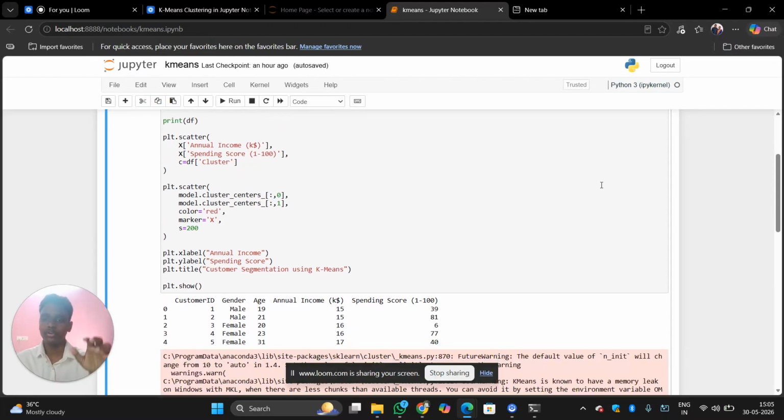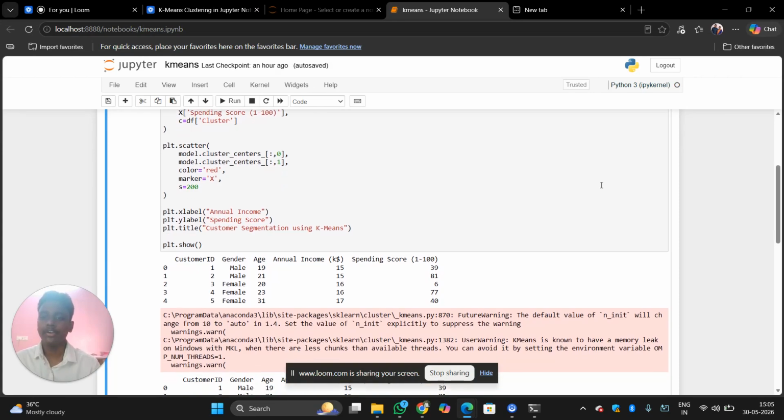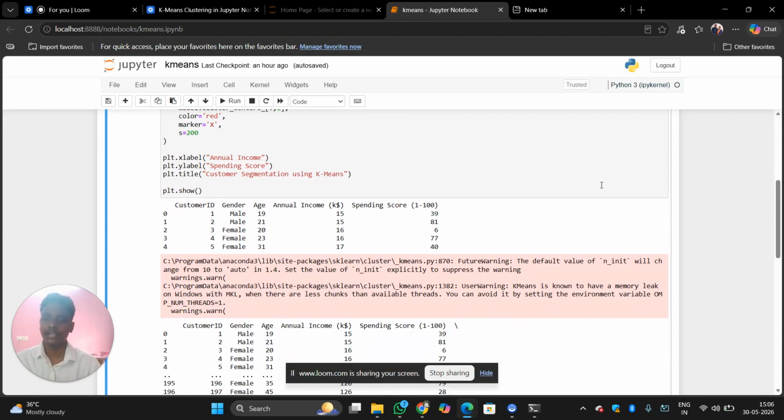Next, we are going to plot the centroid values, which is done by scattering model.cluster_centers_ of 0, which gives us the centroid of column 1 and column 2. And we are going to segregate these centroids from the actual data by using color is equal to red and marker is equal to x and size is equal to 200. Now we are going to label the graph as x-axis is equal to annual income by xlabel and y-axis is equal to spending score by ylabel, and the title of the graph is going to be customer segmentation using KMeans. After giving plt.show, if you run this code,